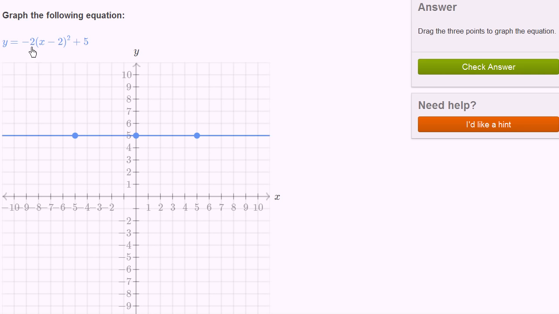We're asked to graph the equation y is equal to negative 2 times (x minus 2) squared plus 5. So let me get my scratch pad out so we can think about this. So it's y is equal to negative 2 times (x minus 2) squared plus 5. One thing, when you see a quadratic or a parabola expressed in this way, the thing that might jump